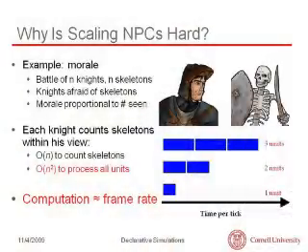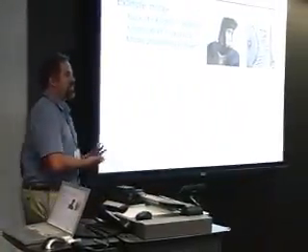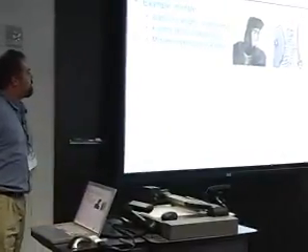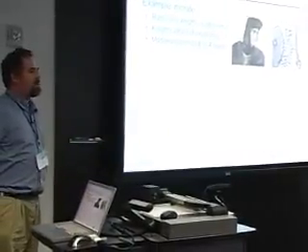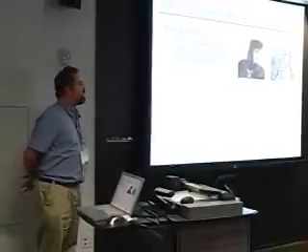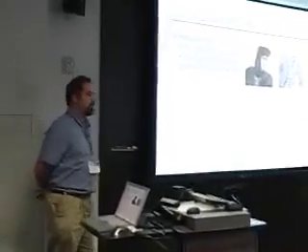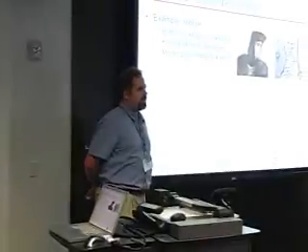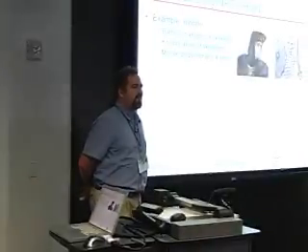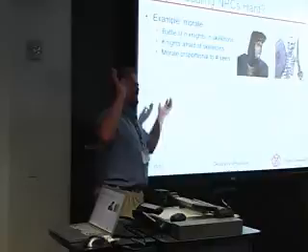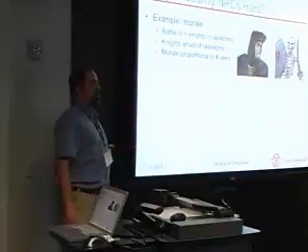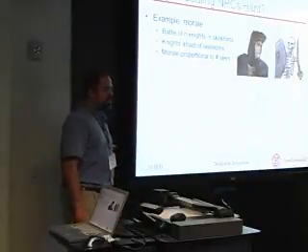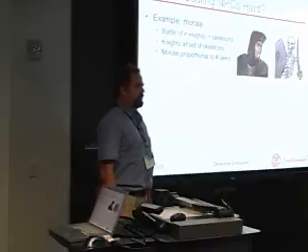Now, there's a problem here. And I'm going to use a game example because I could use an example with fish or ants here, but this is sort of a funner example, and it's actually easier to get to the heart of what's going on here. But suppose I have some sort of game, and in the game I have knights and skeletons. And the idea is that knights are afraid of skeletons. But they're not just afraid of a single skeleton, right? This is fairly complex behavior going on here. If it's an army of undead, like if I see a lot of skeletons, I'm going to run away in fear. So that means that every single knight has to count every single skeleton.